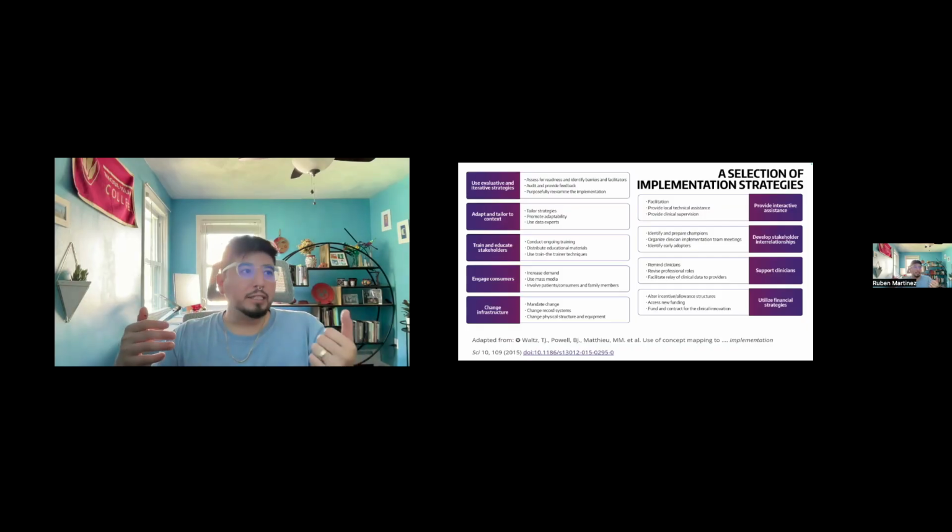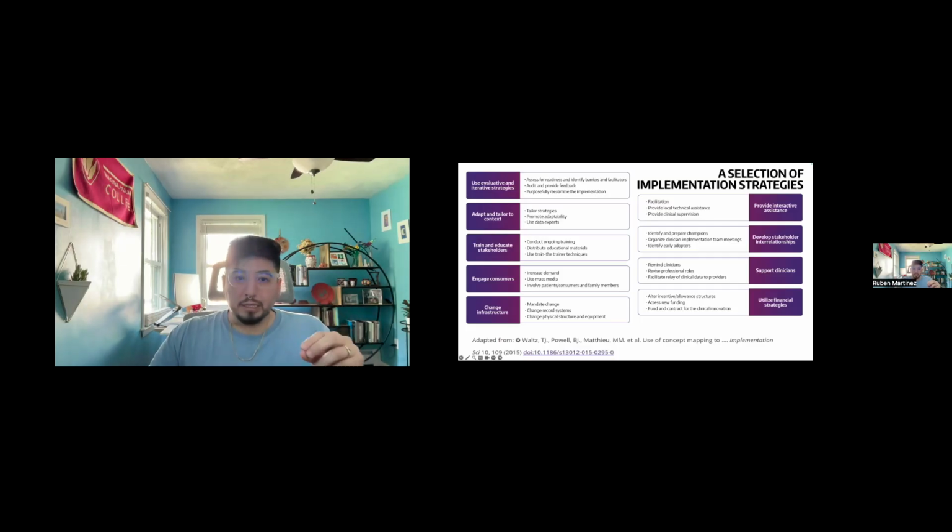Other things that are strategies include things like facilitating implementation, thinking about incentive structures and payment models, if you're thinking about healthcare, or even things like changing the experience of a health record system. So like changing where certain things are in your health record system. That can be an implementation strategy. So all those things are strategies, right? This is not anything new, and many people are using implementation strategies already.